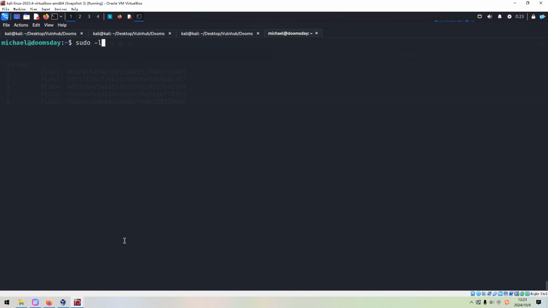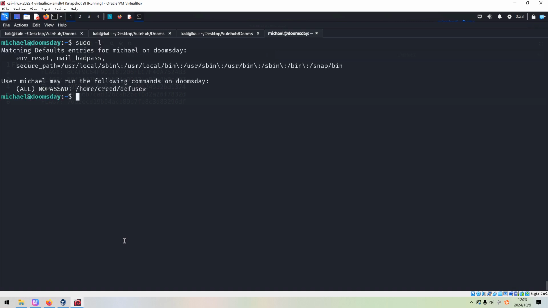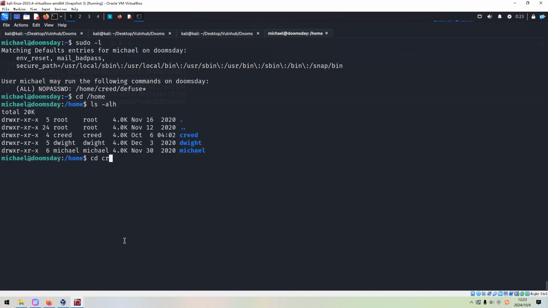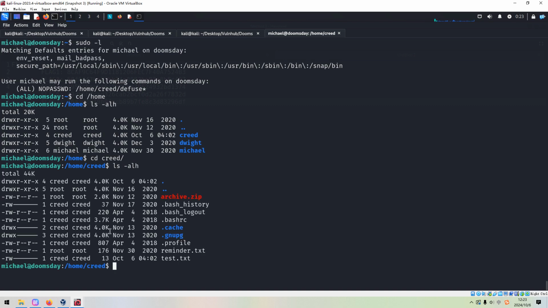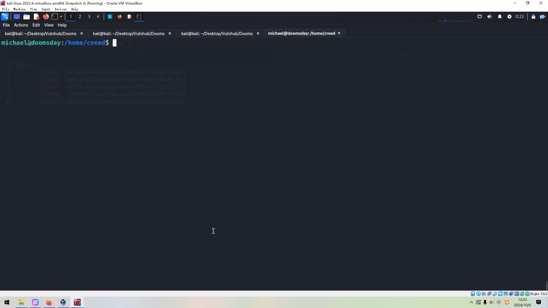We can do sudo. So now we can go to the home directory, go to the create. It means that we can escalate privilege by running diffuse, any file name which starts with diffuse. But for now, we cannot see any files yet. And also we cannot create a file like diffuse because permission denied. Okay, so we need to use another way.